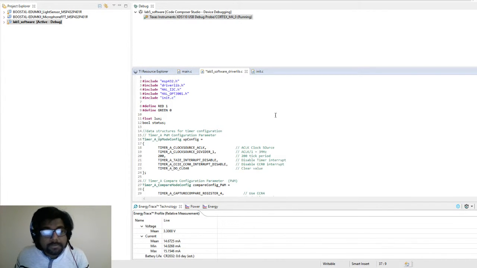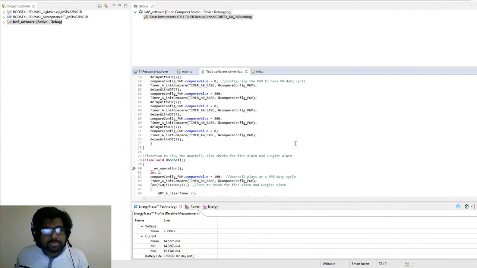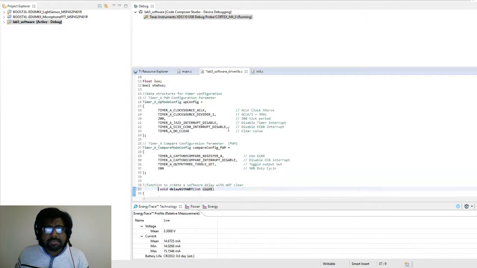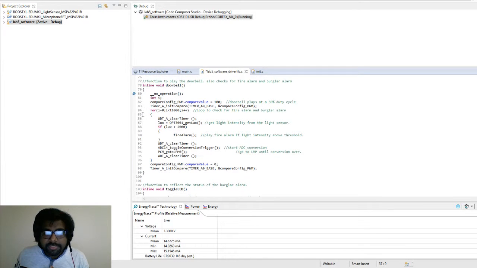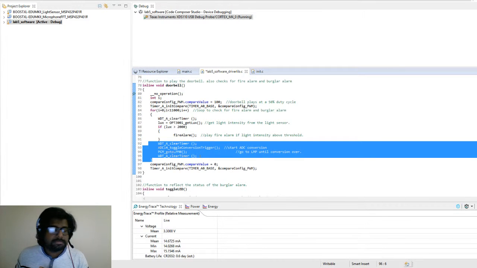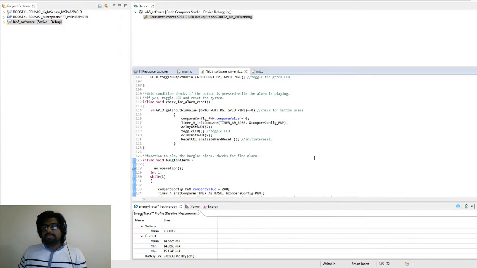One major challenge I encountered in this project was adding priority to the events when I started to do it as a round robin based system. So basically what I had to do was check for each high priority event within any low priority event. For example, inside the doorbell I had to check for both the lux and the microphone input, and inside the burglar alarm I had to check for the lux value each and every time. So this is how I circumvented not using interrupts, which I should have from the beginning.